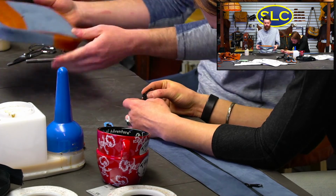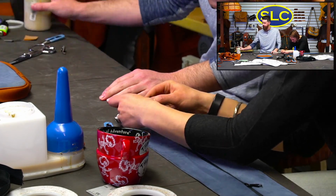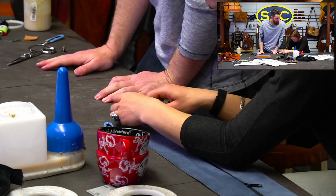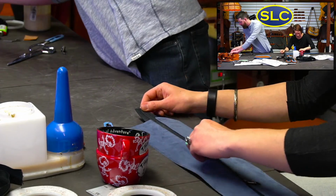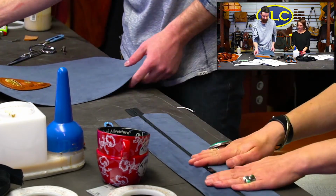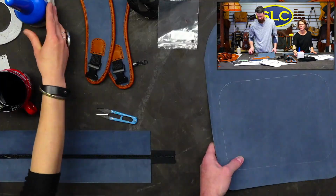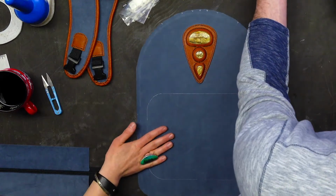Alright. So that's going to be our front pocket. Finally, that's done. So then next, we're going to apply it to our front panel. So we're doing the blue nubuck for our front panel, and that's the one that we have the picture jasper inlaid on. And so on the pattern, it does have you cut out a template. I'll show you guys real quick